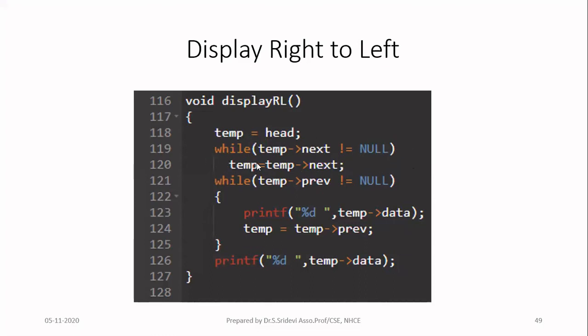Suppose if you have another pointer in your program which directly gives you the address of the last node, you can straightaway start from that. No need for this particular loop. But we don't have that in a doubly linked list by default. So we are doing this step. And finally, when you come outside this loop, temp will be giving the address of the last node.